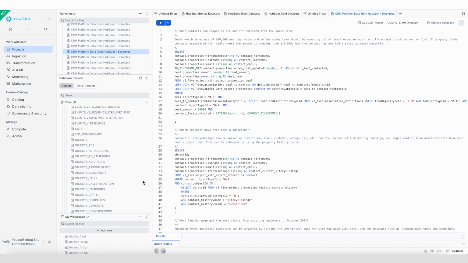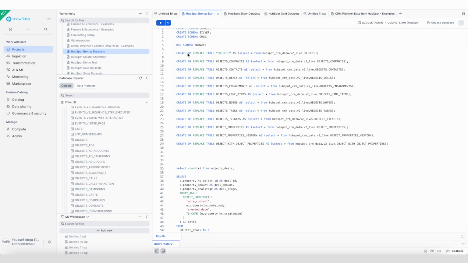Now that we have these views available, we can leverage Snowflake's scalable compute in order to create a transformation pipeline and then build a conformed model that can be fed into reporting tools and other types of applications, whether they're BI or AI. And so what I did here, I was able to create a bunch of bronze data sets that are based on top of the object views, and I used the association views in order to define the